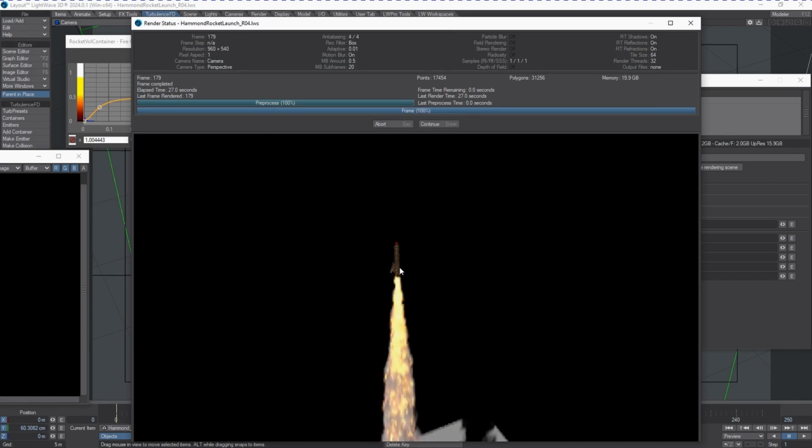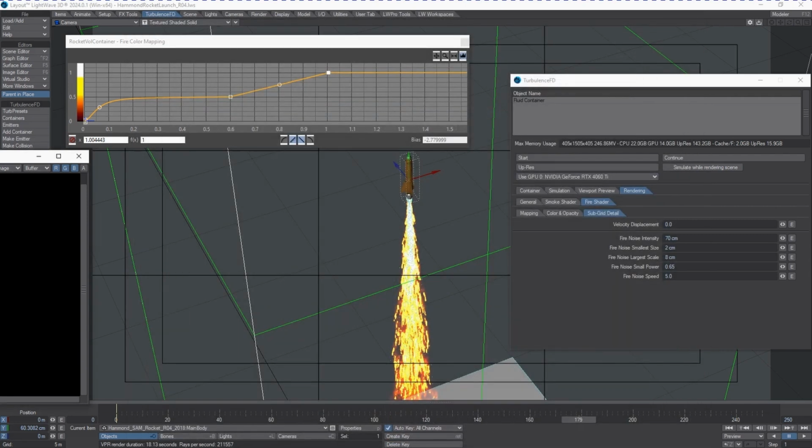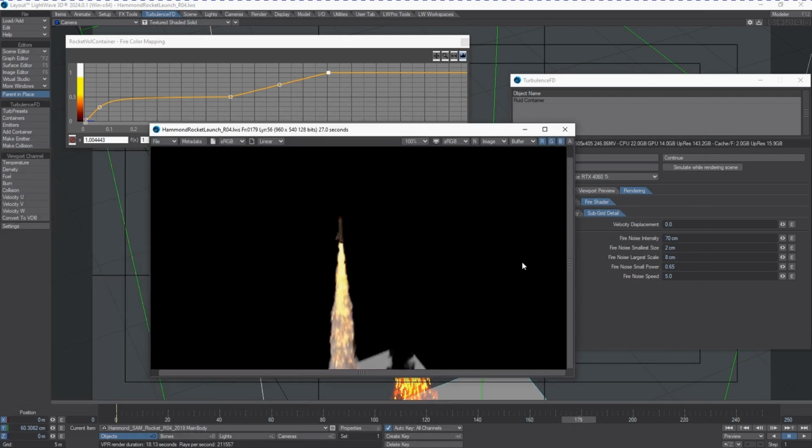Okay. So I've still got my white elements in here, and if I took this into the compositing program, I could do a little bit of color correction, a little bit of soft glow on it. It would work just brilliantly. A little bit of desaturation possibly, just to help it live a little bit. And keep in mind, this is extremely low resolution. This is only 960 by 540, these renders. And I do have a little bit of motion blur on here just to help it out a little bit,